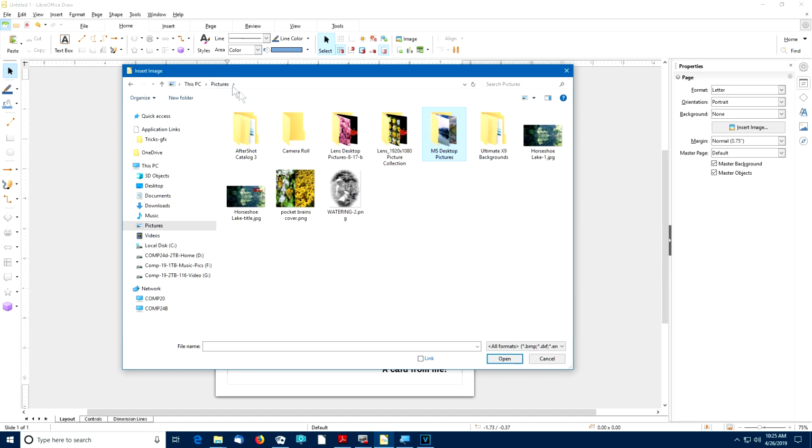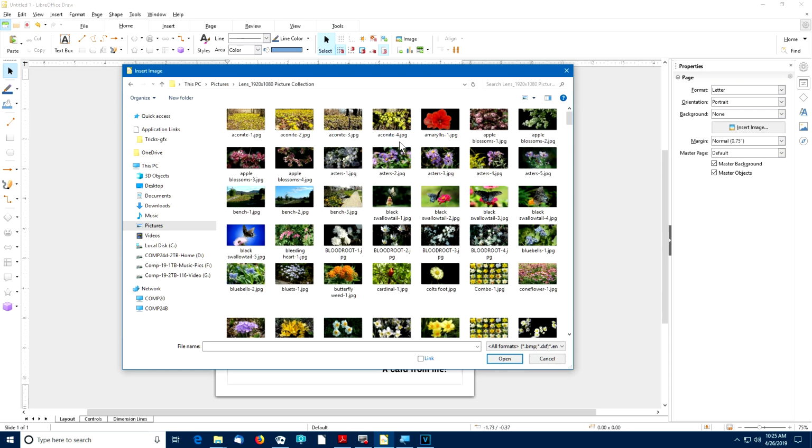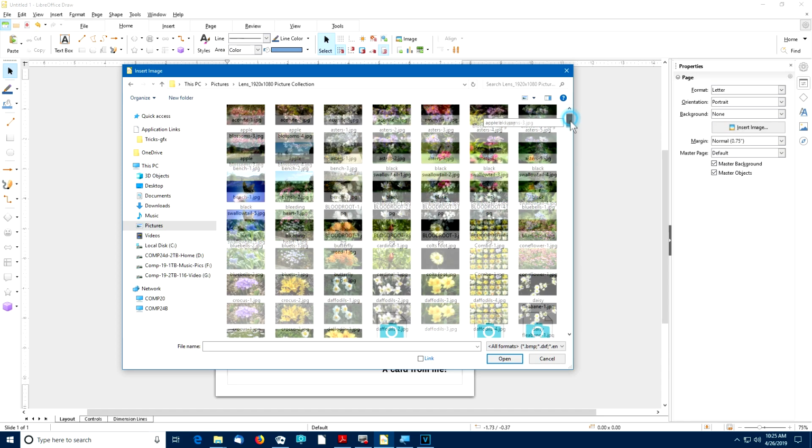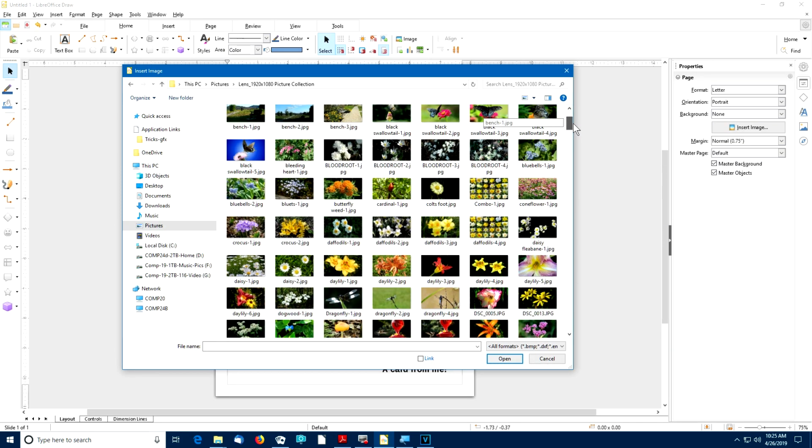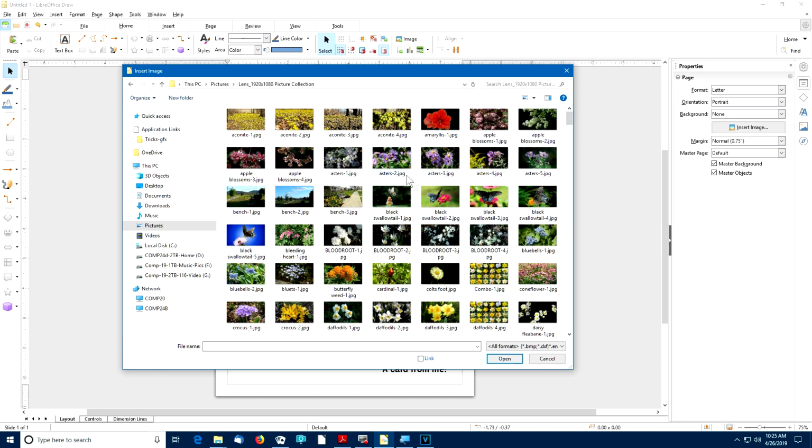I could also go to a large picture collection that I've created, photographs that I've reformatted to 1920 by 1080, and I use these for screensavers and other things. In any case, I can select any of these pictures and then select Open,